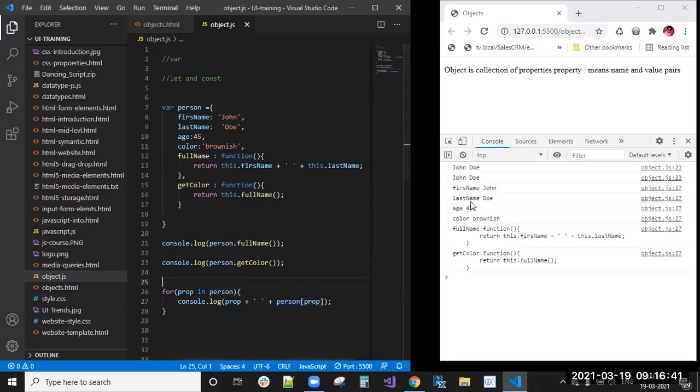Now you can see here, we will add a space and a colon. Now you can see first name John, last name Doe, age 45, color brownish. The methods will also return the function. So that is about looping over each and every property in an object.